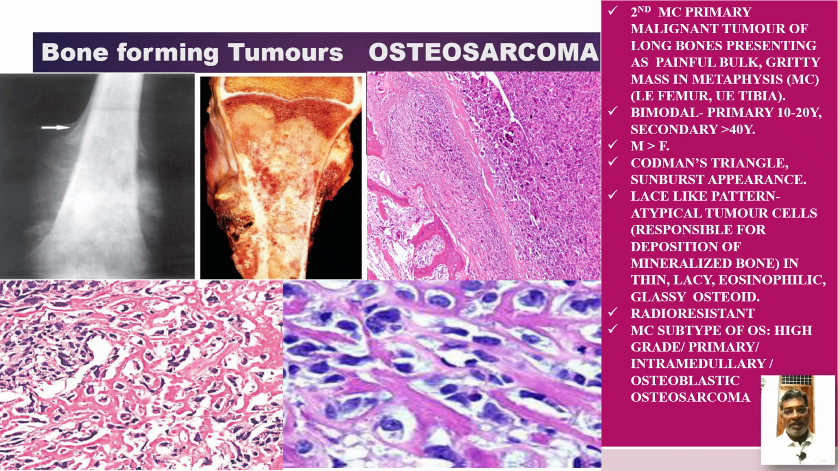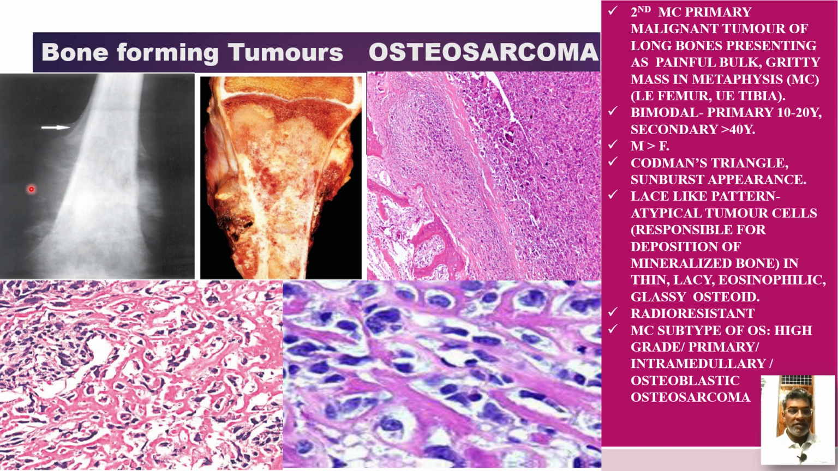These tumors are generally radioresistant, and the most common subtype of osteosarcoma, among the low grade and high grade, is high grade; among the primary and secondary, it is primary; and among the intramedullary, it is the most common subtype, and the osteoblastic type is the most common type of osteosarcoma. Coming to the